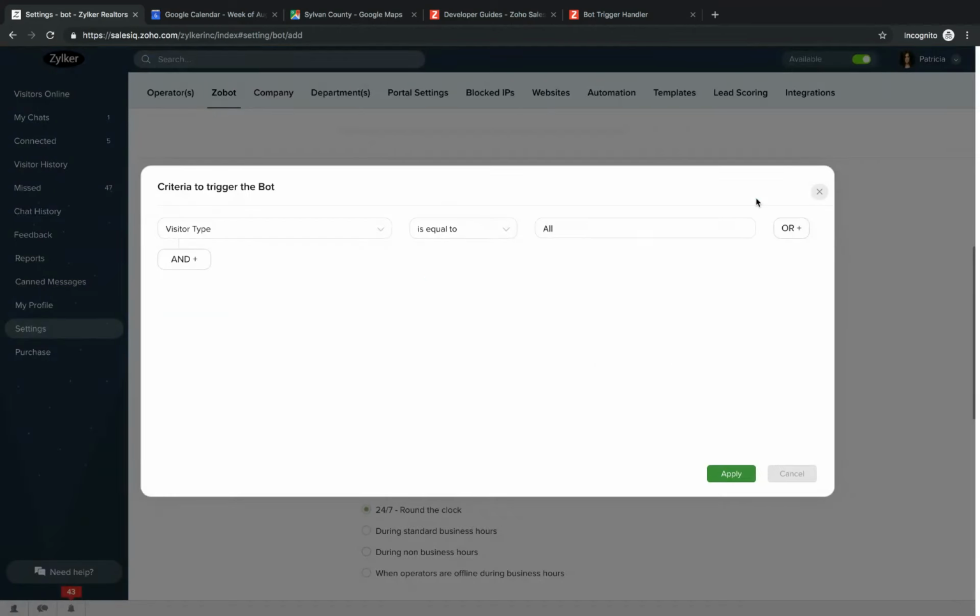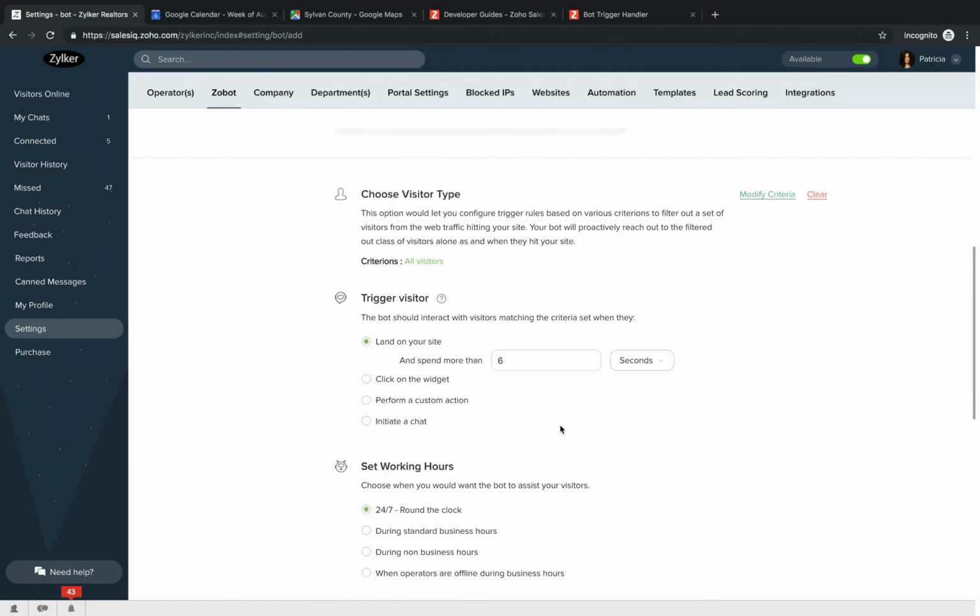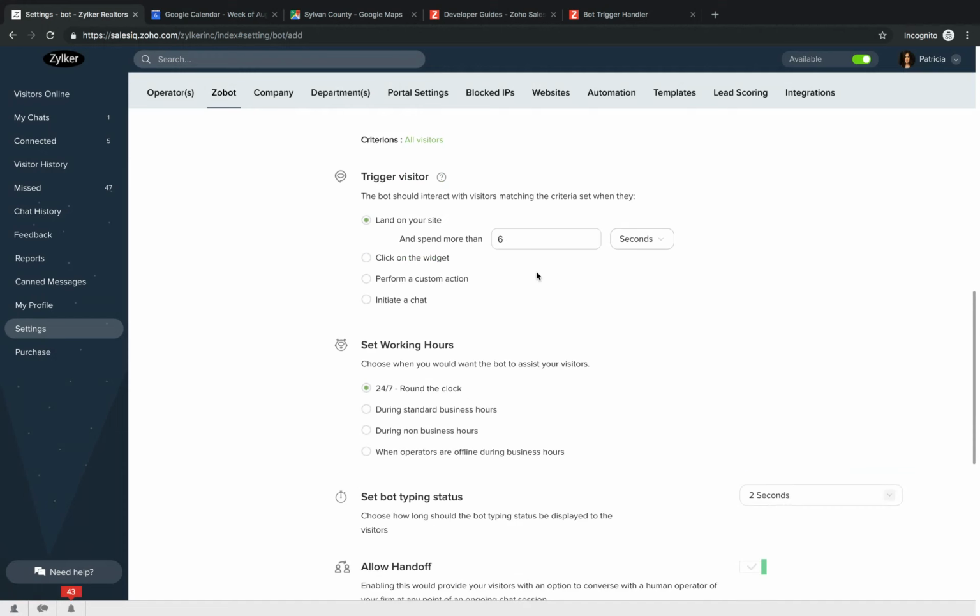You can modify this at any point in time. But I don't want to filter out any of my visitors, so I'm just going to stick to this. But you have a huge list of conditions that you can choose from. You can also add multiple conditions by using or and in case you want to narrow down your filters a little bit more. And once you're done setting up the criteria, you'll click on apply. So the next one is